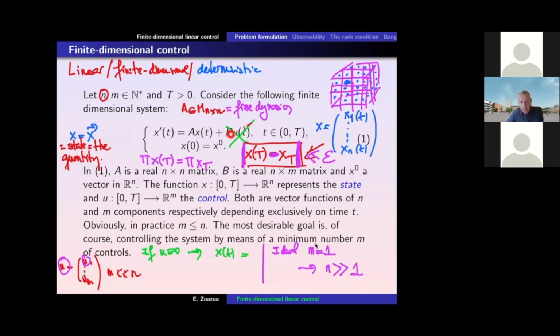So what does B do? A was a square matrix, n times n. But the matrix B is not a square, right? So the matrix B is n times m. Why? Because you take a control U, which has components U1 to UM, and the action of these M controls,